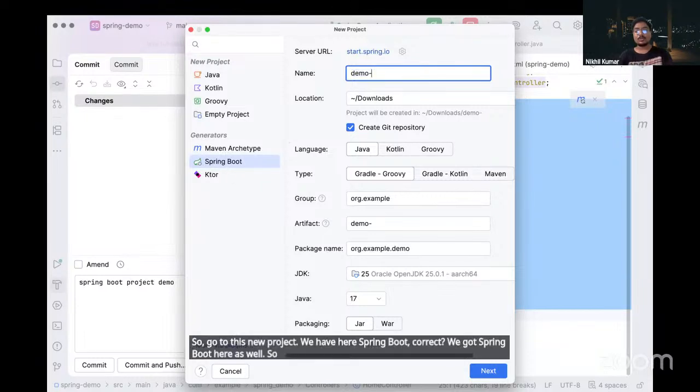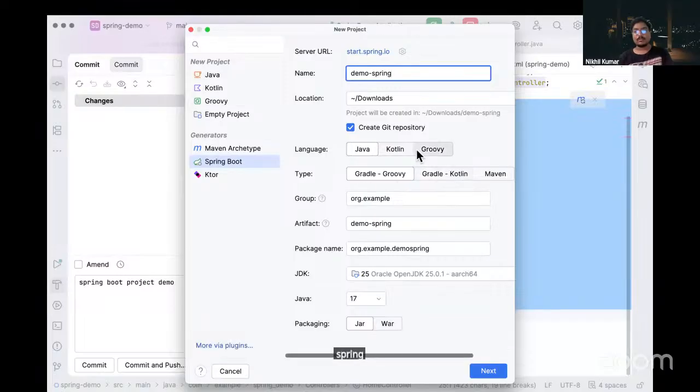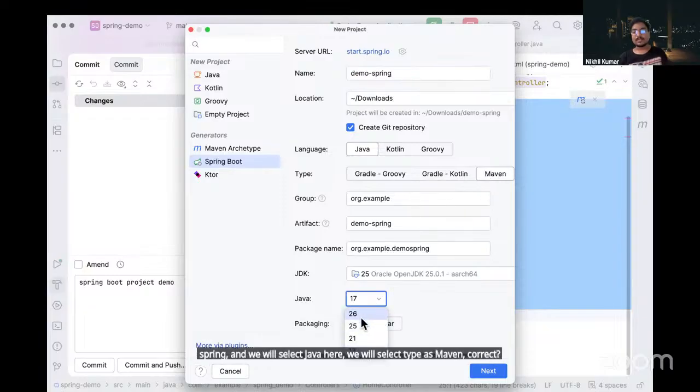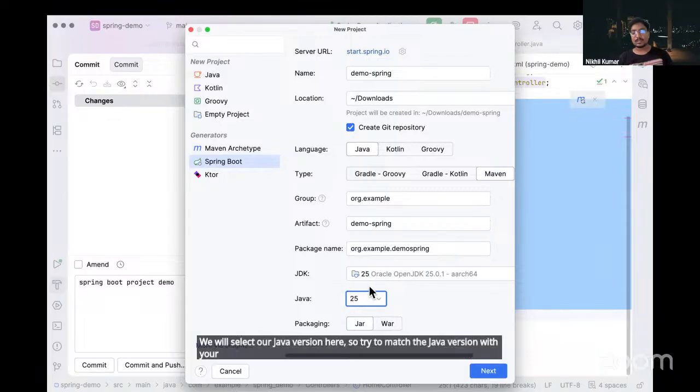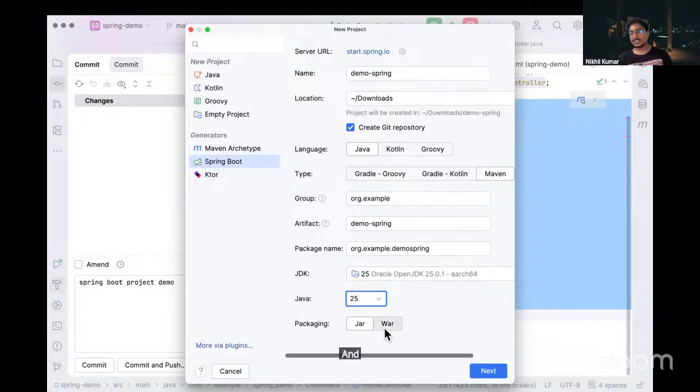So what we can do? We create demo Spring, and we will select Java here. We will select type as Maven, correct? We will select our Java version here. Try to match the Java version with your JDK, and we will select packaging as jar.